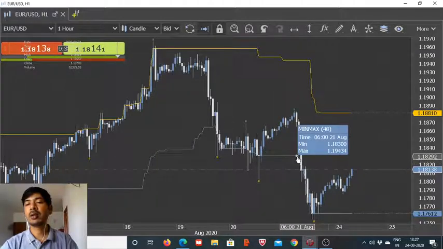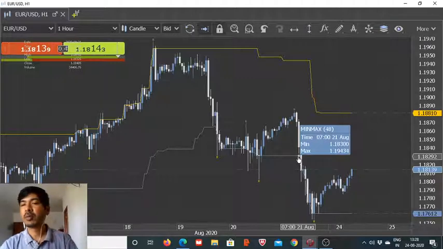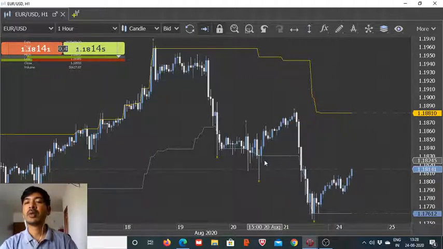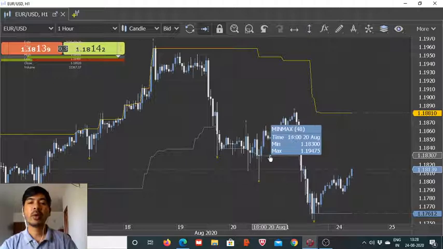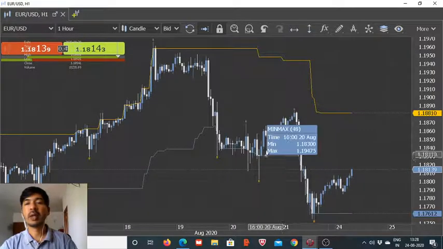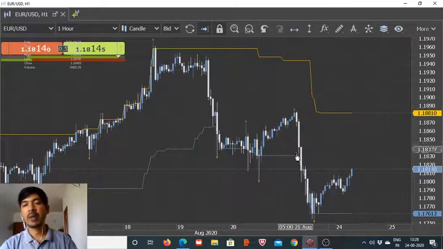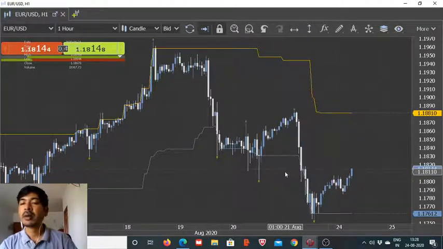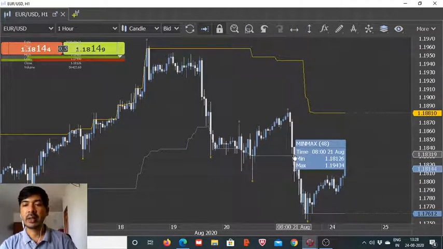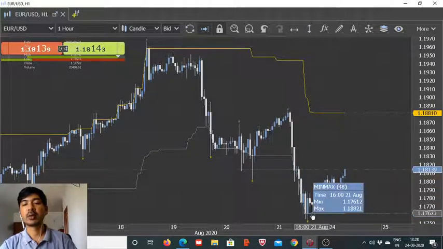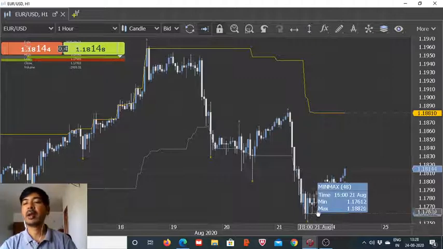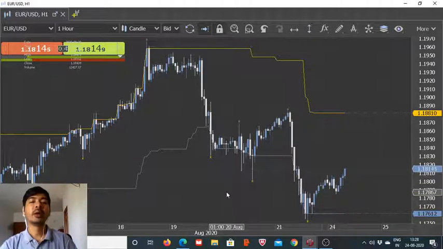So we had this time of more than 15 hours where no new minimum values were made, no new low was made, and we had this instrument in a consolidation phase, some retracement, and then again the selling pressure came back, and we had a break on the downside, and then it continued for a while until it stopped closer to this 1.176 level, and now we have this rebound happening. So this way